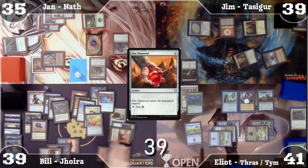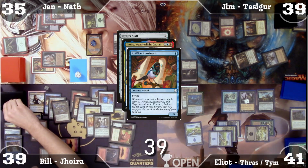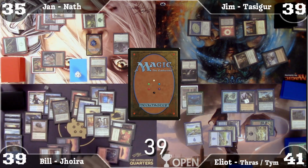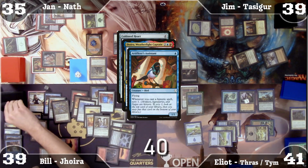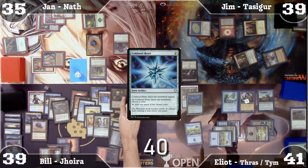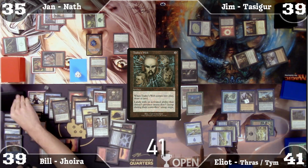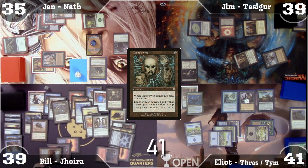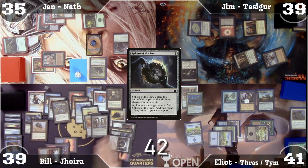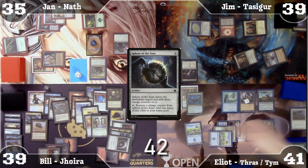I'm going to cast Fire Diamond. Scry 1, draw a card. I'm going to cast Voyager Staff. I'm just going to default to drawing cards now because they're all good. Yeah, they're all good. I'm going to cast Cold Steel Heart. I'm going to cast Sabo's Web. Ooh. Oh no! Draw a card, then draw another card. I used to play some of these in Jitters. It's like blast from the past time. I'm going to cast Sphere of the Suns. Draw a card. I'm going to cast...